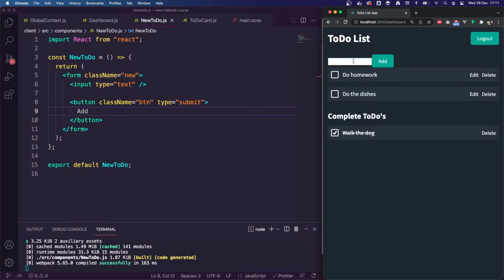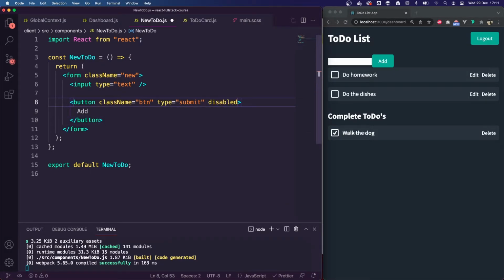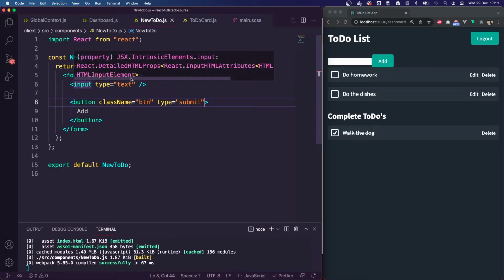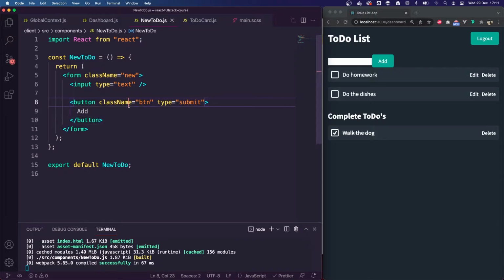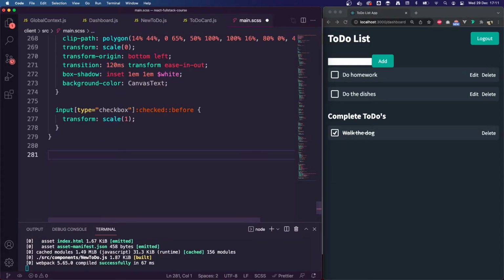So we can see we've got our form there. We'll work on the styling in a second. I'm going to disable this button though, if we don't have any content put in. I will do that in a second actually. So we need to first style this up, I think, and then we can work on the actual functionality. So we've got the base dummy component as it is. So I'm going to go to our SCSS file,